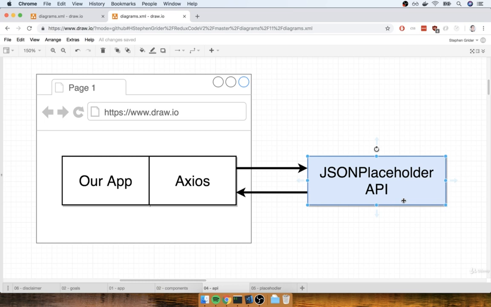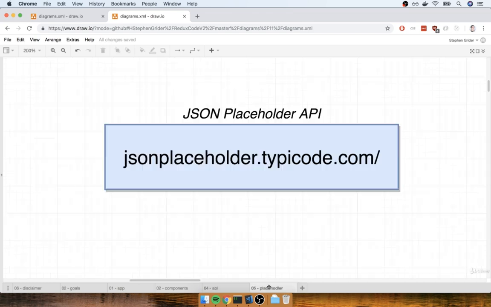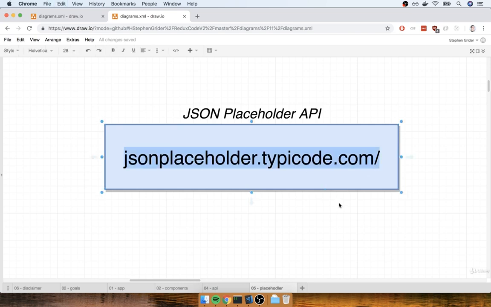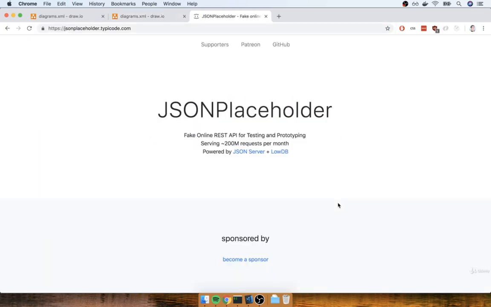The JSON Placeholder API is not terribly unlike that Faker module that we worked with much earlier in the course. It essentially just has a bunch of fake data that we can freely request and load up into our application. Very commonly used anytime that you just need some stand-in source of information to demonstrate how making API requests work. Let's very quickly take a look at some of the documentation around that API. So we can go to jsonplaceholder.typicode.com. I'm going to take that link, open up a new tab, and head on over to it.